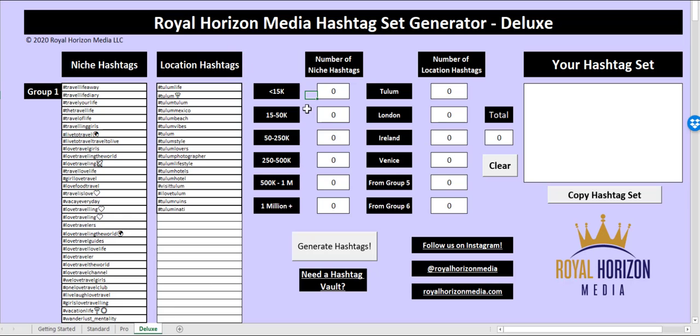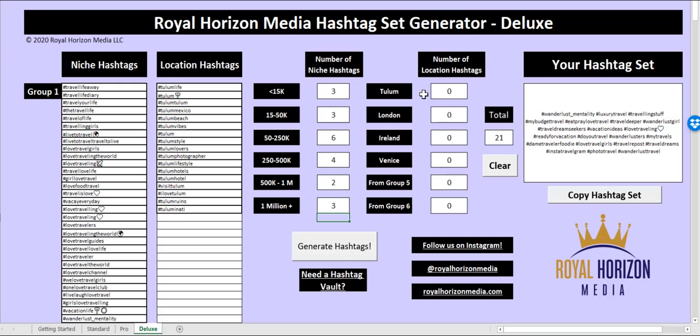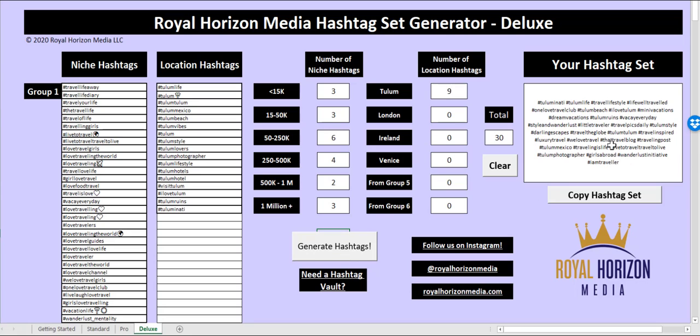So to run through an example for this deluxe sheet, we're going to take some niche hashtags for general travel blogger tags. I'm going to pull a few from each. And then we're going to choose, say we had a Tulum picture. We want to pull 9 of those Tulum tags from, generate, and we're going to have that set populate there.